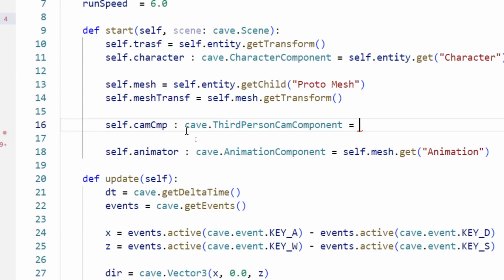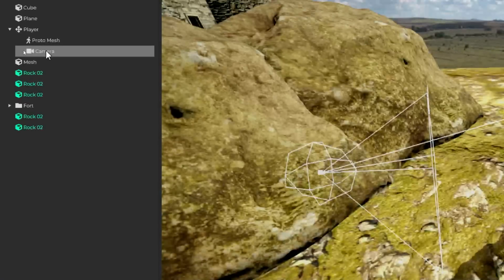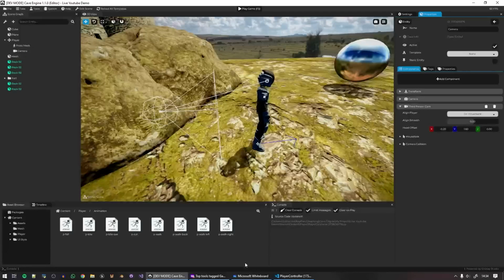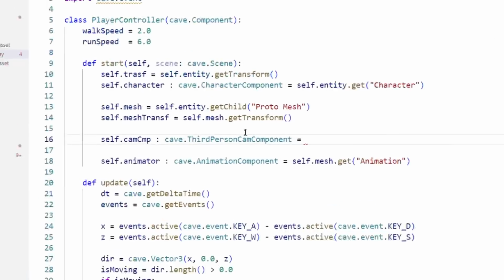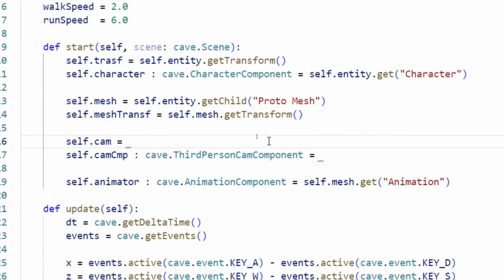This camera component belongs to the camera, not to the player here. And the camera is a child of the player, and we are running the script in the player. So I need to first get the camera. Let's split this just to make things more clear. So, get the camera,